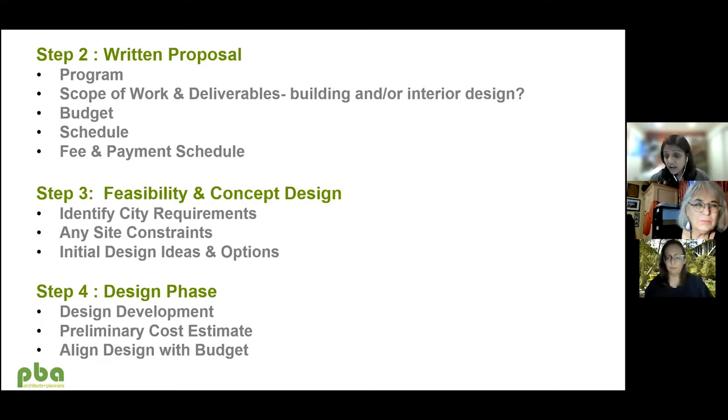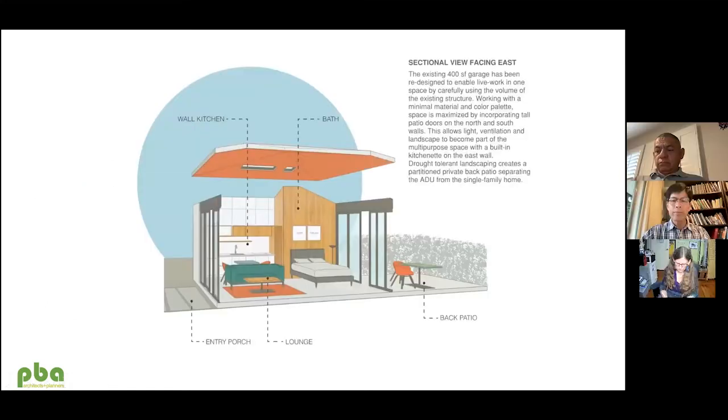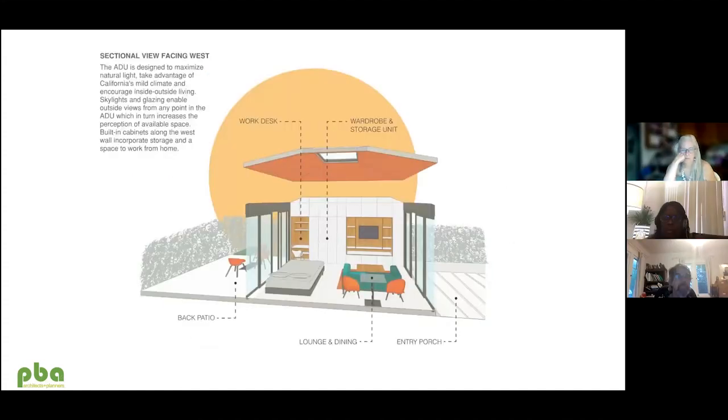And I like to work with a contractor. I have Miguel as well, who I recommended should be a part of this. I like to work with Miguel because I feel that a good contractor and a good architect make for a good team, and you'll check on what's expensive, what's not expensive, and put together a good cost estimate and make sure that the design is aligned with budget. And so those are basically all of the things that a good architect should be able to do.